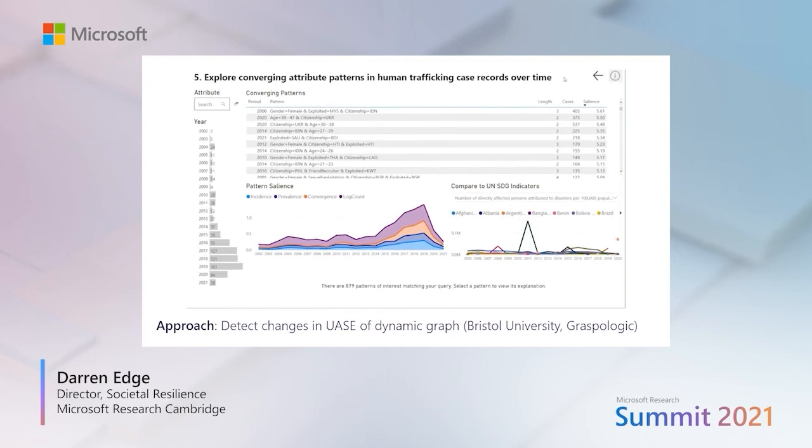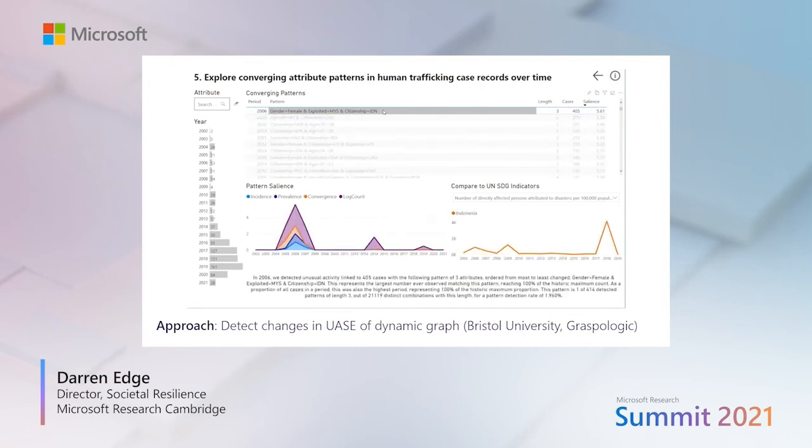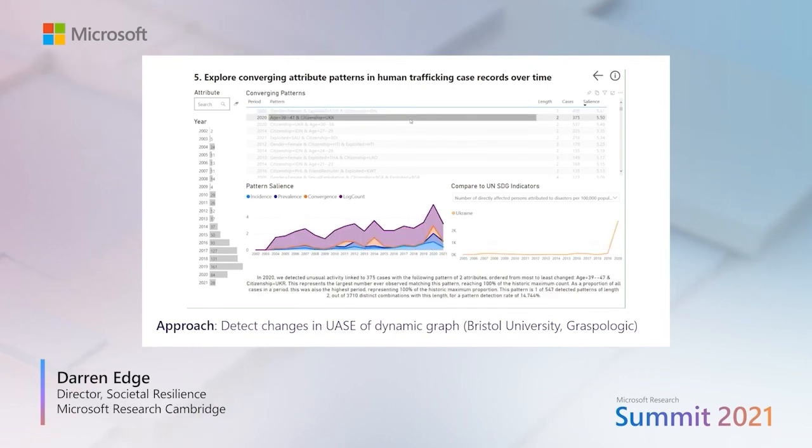So we're looking across the entire data set now, saying what are the most salient patterns based on our definition of salience. So you can see that the top rated pattern here is female citizens of Indonesia exploited in Malaysia in 2006. We're defining salience based on a combination of factors, including this notion of convergence, which is our measurement of how strong these attributes are converging within this space. We can compare that salience, and when we see spikes in that salience, to other indicators of what's happening in the real world at the same time. And so we can maybe argue as to why this spike in the cases we're seeing could be related to some underlying change in the real world trafficking process.